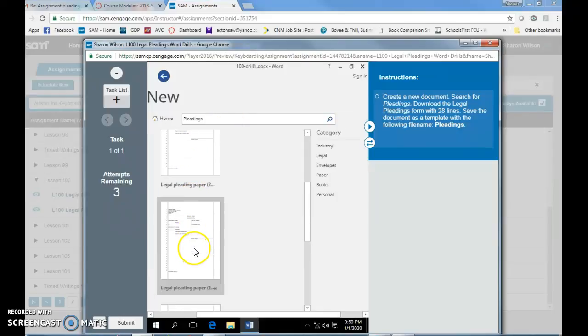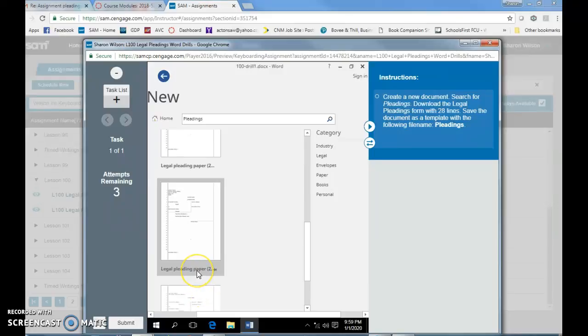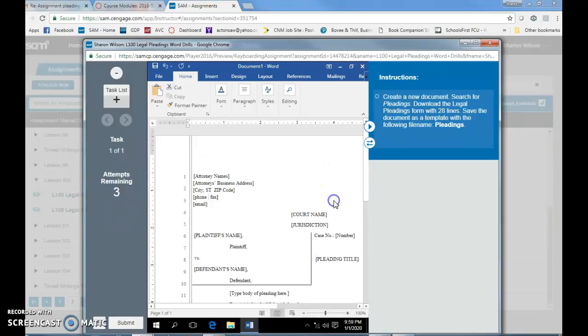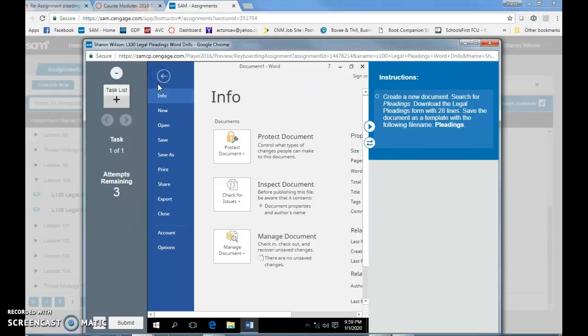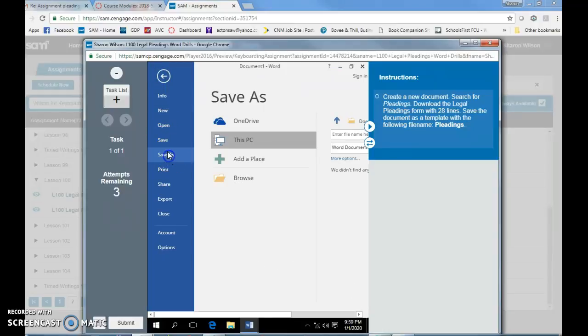I think it's about the third one down. Let's say 25, 28. So click on this one, create, and do File, Save As,